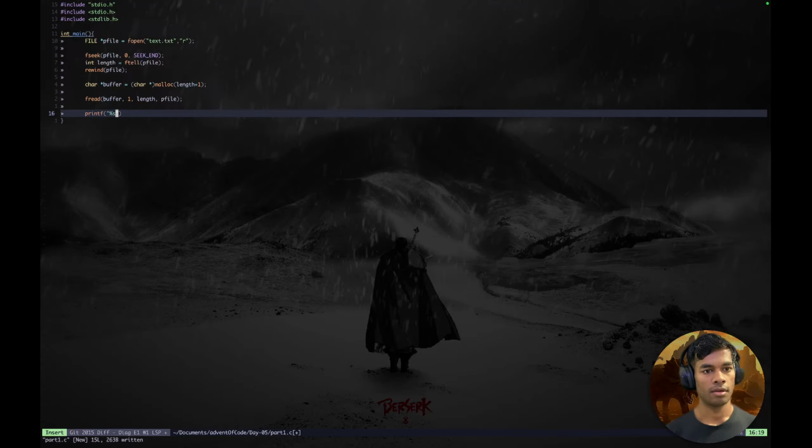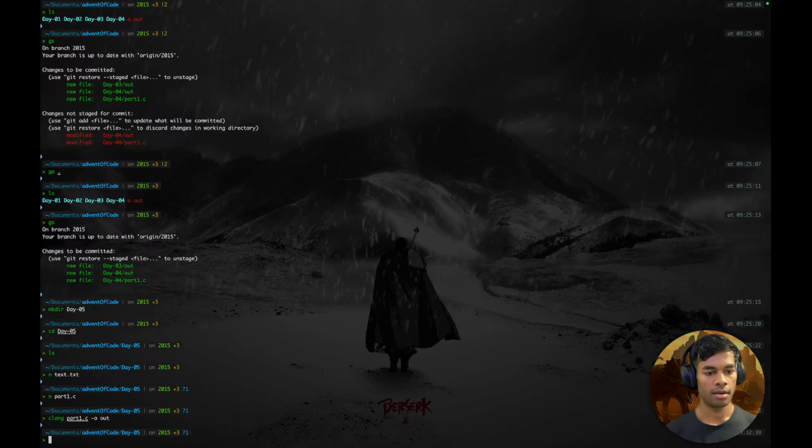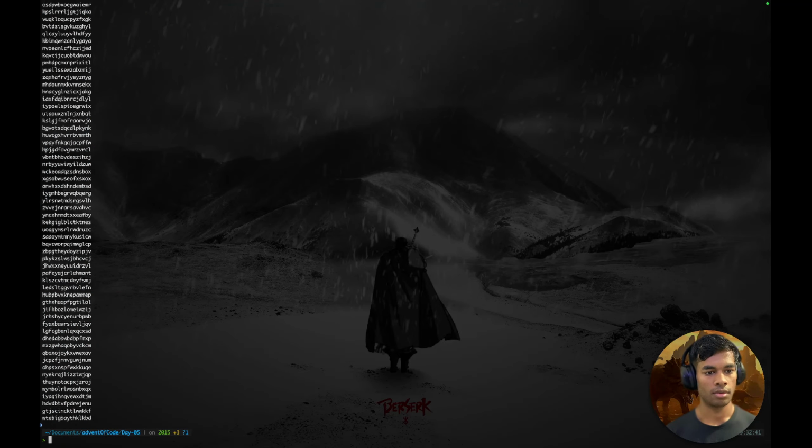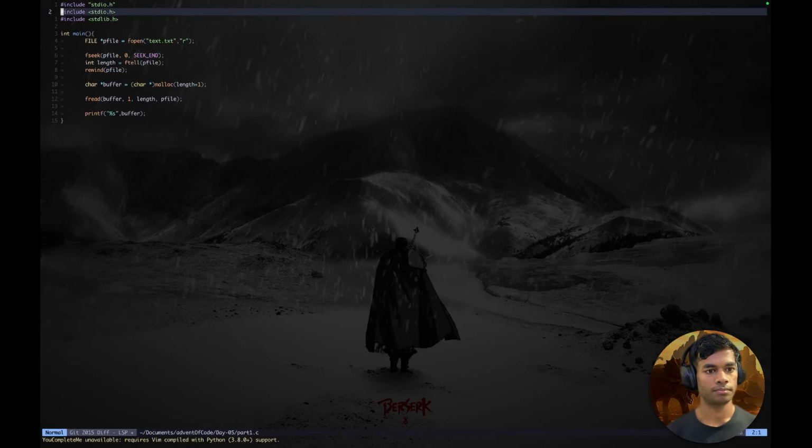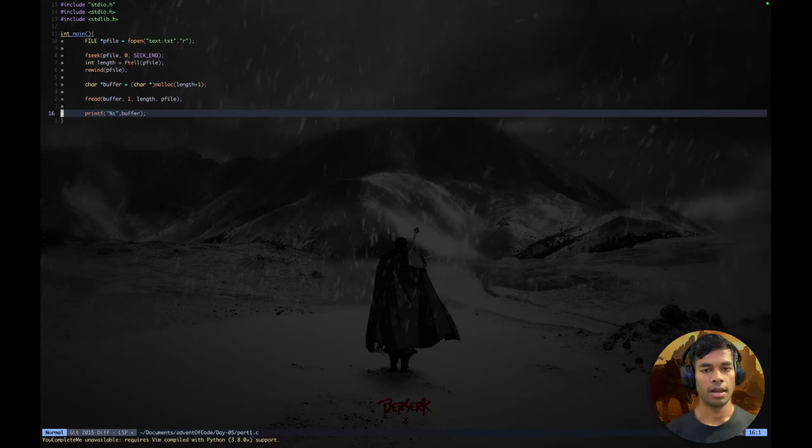%s, and then dot buffer. clang dot slash out. Yes, that is correct. Now I want to do